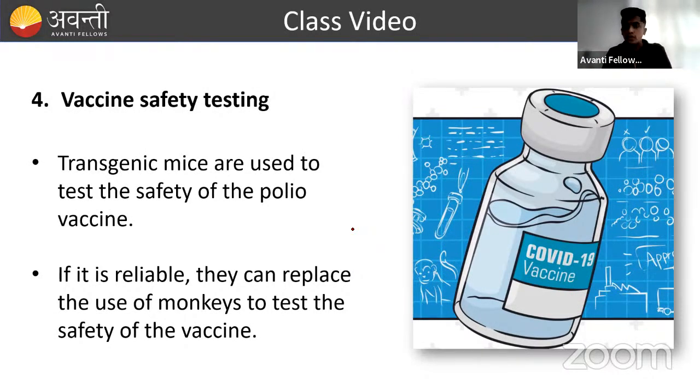So when we introduce the antigen which causes a disease in its inactive form, whether it is a whole organism itself, dead or alive, but the only thing is it cannot cause a disease, or it can be a polysaccharide, it can be a protein, anything is introduced into the host. Okay. So when it is introduced into the host, take for example polio is a live attenuated vaccine. That means the organism is alive. Attenuation means it does not have the capacity to cause polio. Okay, a live organism is introduced into your body.